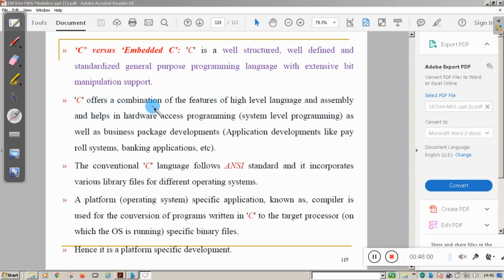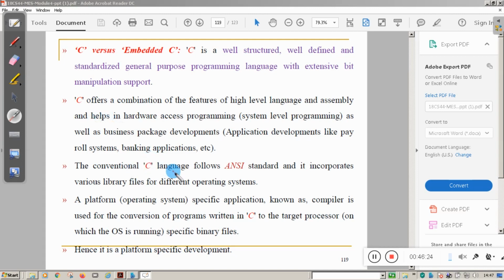C offers a combination of features of high-level language and assembly, and helps in hardware access programming and system level programming. So C is used for system level programming as well as business package development, like application development such as payroll systems and banking applications, because it provides the features of both a high-level language and assembly.